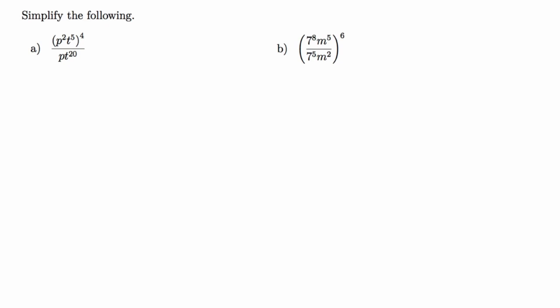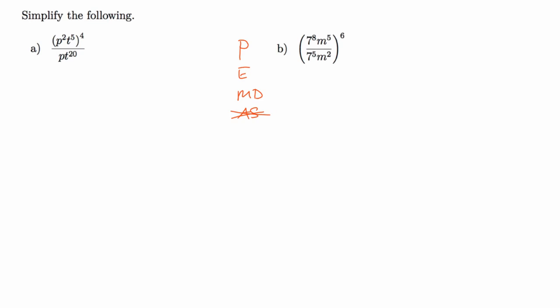In this next example, we will simplify a few expressions using the exponent rules for both multiplication and division. We need to make sure we keep in the back of our minds the order of operations: parentheses, exponents, multiply, divide left to right, and then add and subtract left to right. The truth is, these exponent rules only apply for multiplication and division, and so we won't have to worry about the addition and subtraction step.